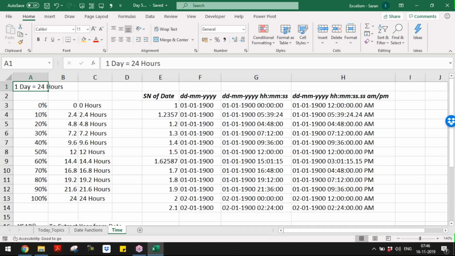Now you must be in a position to handle anything relating to dates. You can slice and dice the date, you can extract anything out of the date, you can convert it, you can use it in sentences, you can do whatever you want. But the basic fundamental of the date is nothing but a serial number. At the end, it's a number.